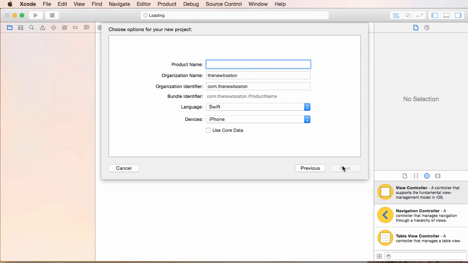If we click next, it asks us to give some details about it. The first thing is the product name, which is essentially the name of your app. So I'm just going to name mine